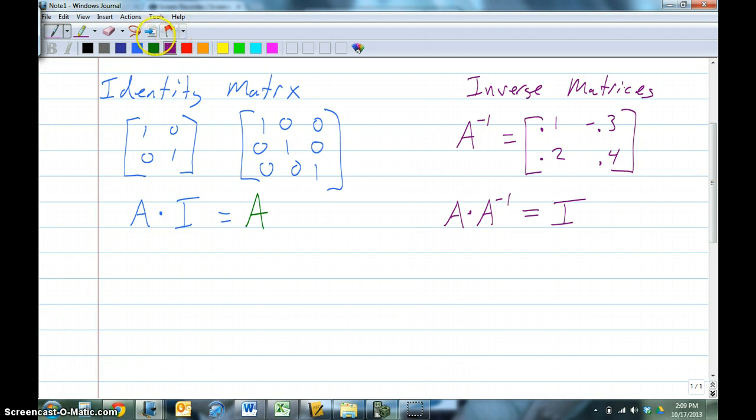So, here's a big thing that I want to talk about today. If we have matrix A times matrix X, some X matrix, is equal to B, if we want to solve